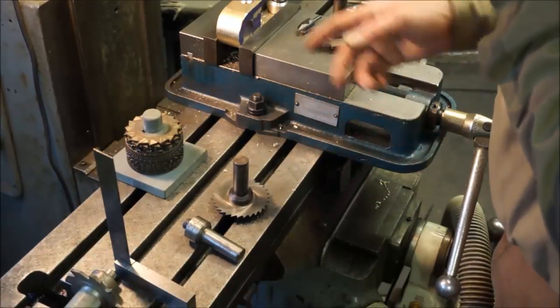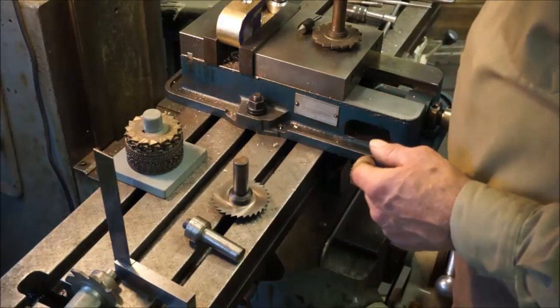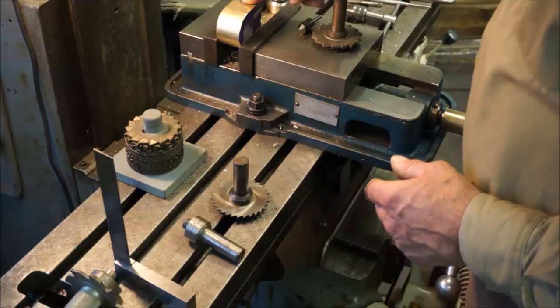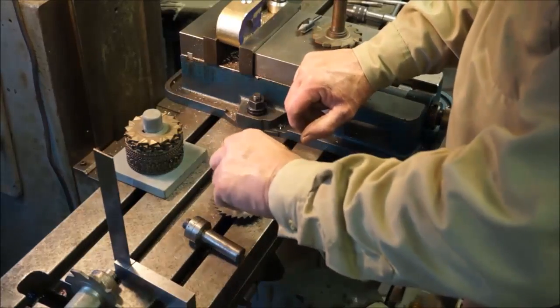And of course we're cutting into bronze, but this is pretty tough stuff as well. It's not the softest stuff to cut, but it is pretty stout as far as taking the amount of chip on it. Alright,